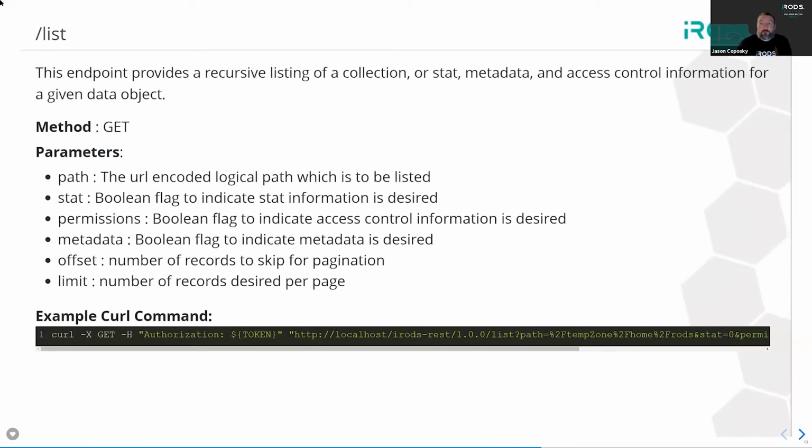Now, getting back to more iRODS related things, we have a list endpoint, which is going to take a path. The path is a URL encoded logical path, which is to be listed. You can request additional information with this listing. So you could stat any of the objects within that. You can ask for the permissions. You can ask for associated metadata. You can offset in order to implement pagination, or you can limit the number of records you like per desired